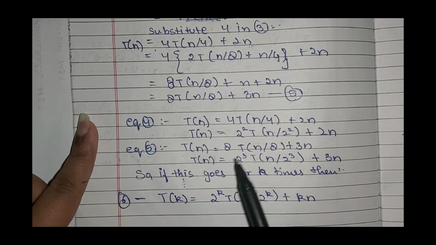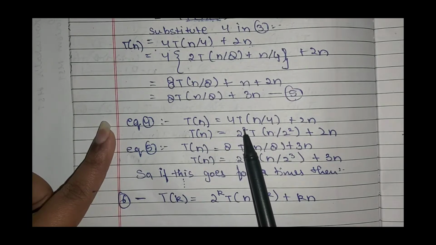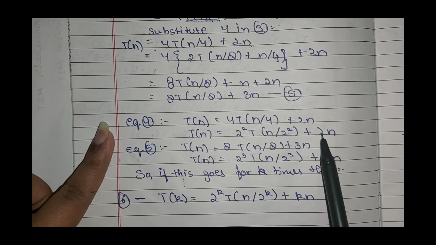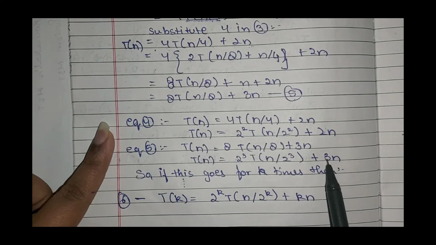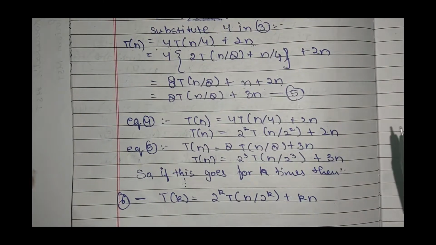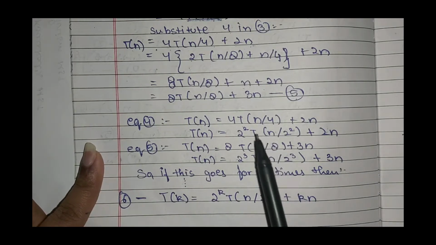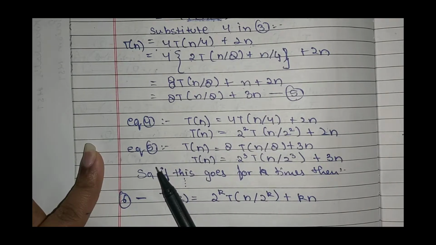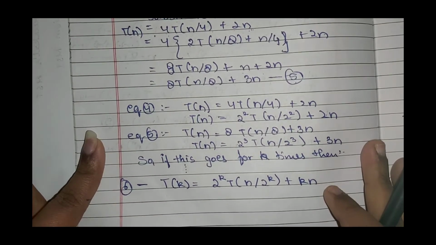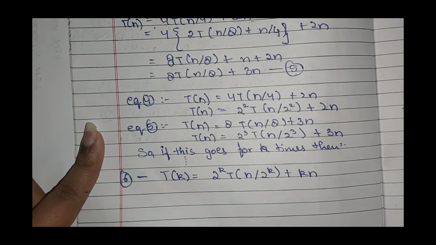So we are seeing a pattern: for equation 4 we have the power 2, here 2 power 2, and the multiplier of n is 2. Here we are having 3. So this is the relation, this is the pattern we are finding. We have done two more equations, the fourth and fifth. If we go to the 10th equation, 50th equation, or more than the 50th equation, let's say we go for k times, then what will be the equation from the pattern we are seeing?